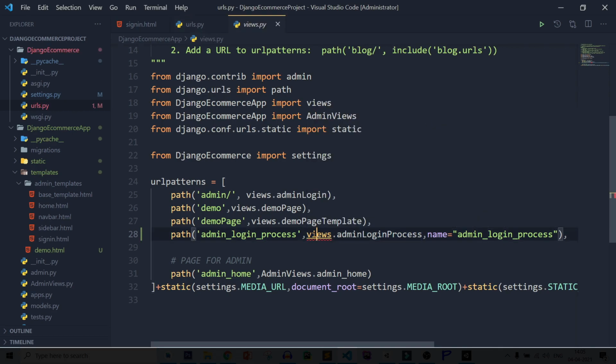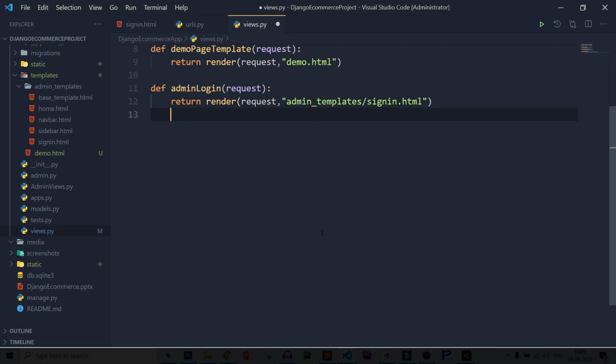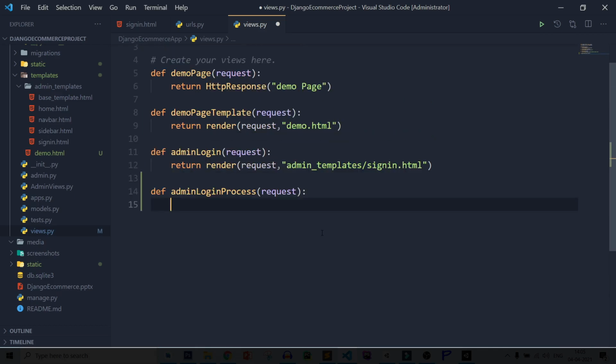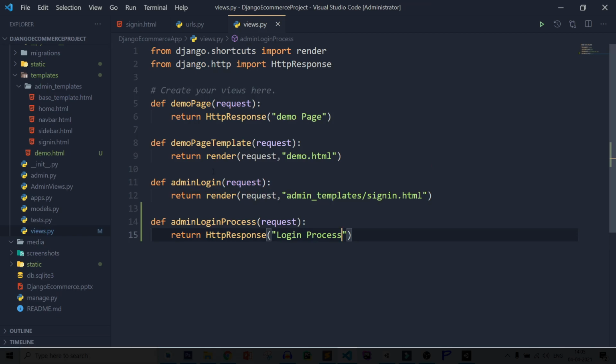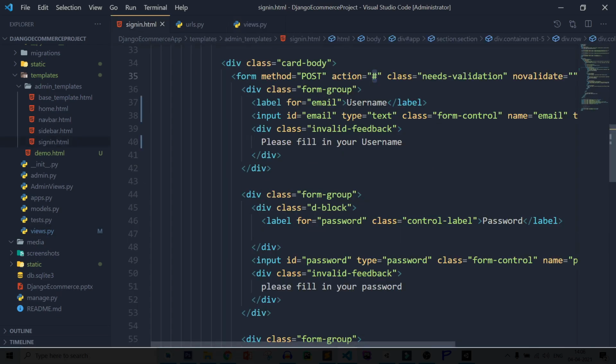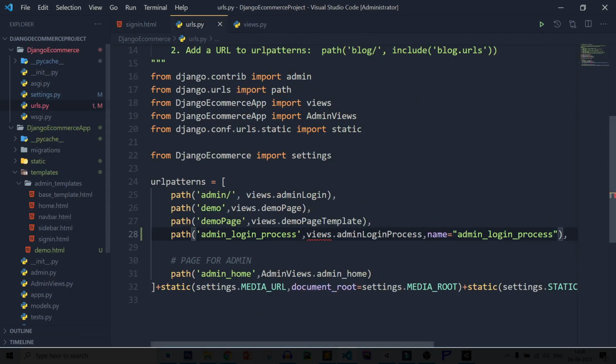Let's create this method. So open views.py, then create the method: define admin login process, passing a request parameter. After that, here we need to work on our login process. So return HttpResponse login process, save this file. After that, here in the action URL you can pass this URL,